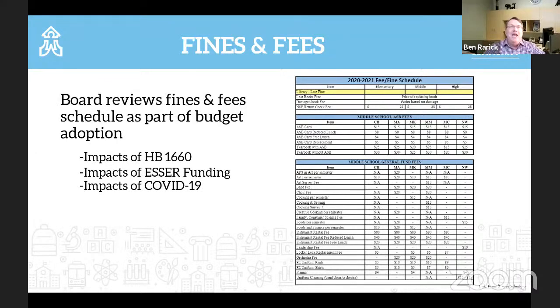That's a great question, and it's a huge concern for me too. It's why the slide is on here. So that is part of the process. I was trying to gauge how much time you want to spend on this, but let's spend some time on this. Since I got here in the district, I must be candid that I was surprised at how many fees there were, for starters. My first step has been to corral all the fees, get them on one schedule and understand what they were.